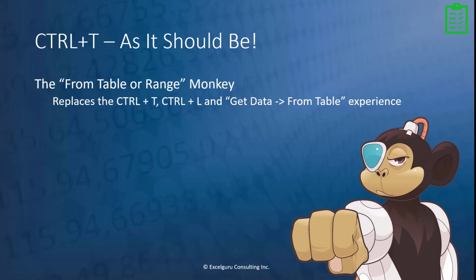Well, if you work with Power Query, you'll know that there's a particular problem in the way that we create a table: Excel doesn't give you the option to define your table name. If you use the Get Data from Table experience on an undefined table, it creates it, calls it Table1, creates your Power Query, and if you go back and rename your table later, it breaks your Power Query. So what our From Table or Range monkey does is allow you to name your items before creating the query. While you're creating the object, you can name it right away, which is the way that the instance should be set up in my opinion.